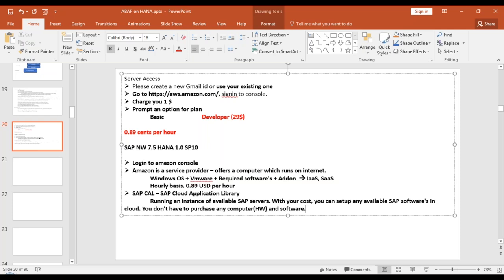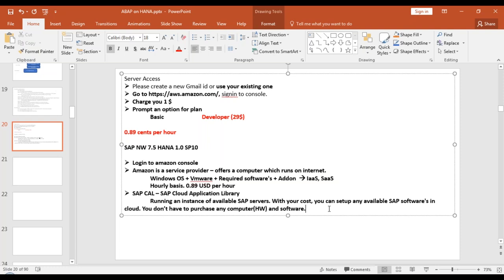I am much ahead of any of my colleagues, any of my friends in the circle who are working in IT or in the SAP area. That all happens when you learn something new. So today may not be helpful right away, but it will help you one day. So go with this server. It's authenticated, it's legal. It will give you a legal trial license with which you can practice